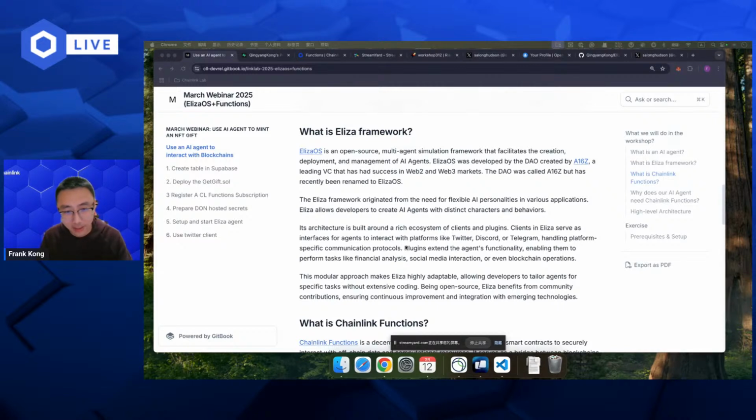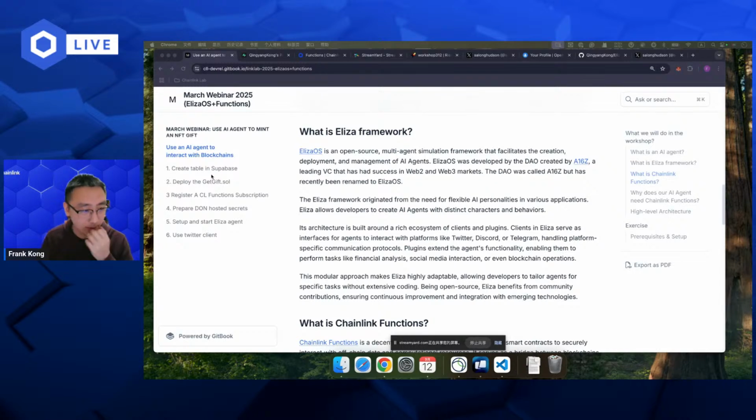But if you tell it, please send the transaction, and the transaction would be like this, and the destination is a smart contract with address 0x123 or something like that, that will make the agent do it correctly. Without clear instructions, without a good prompt, the AI agent can make mistakes, correct?